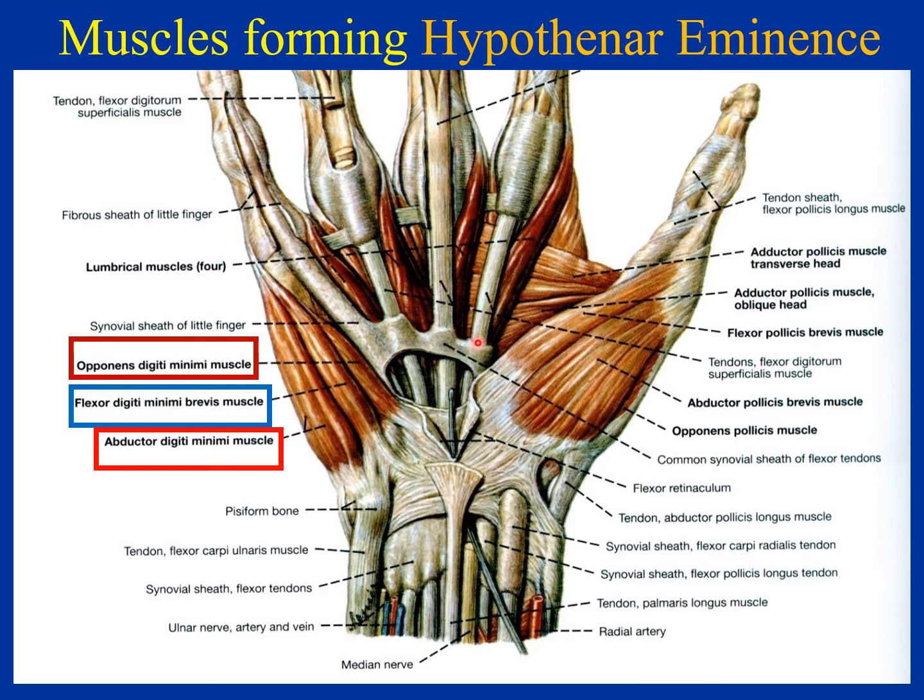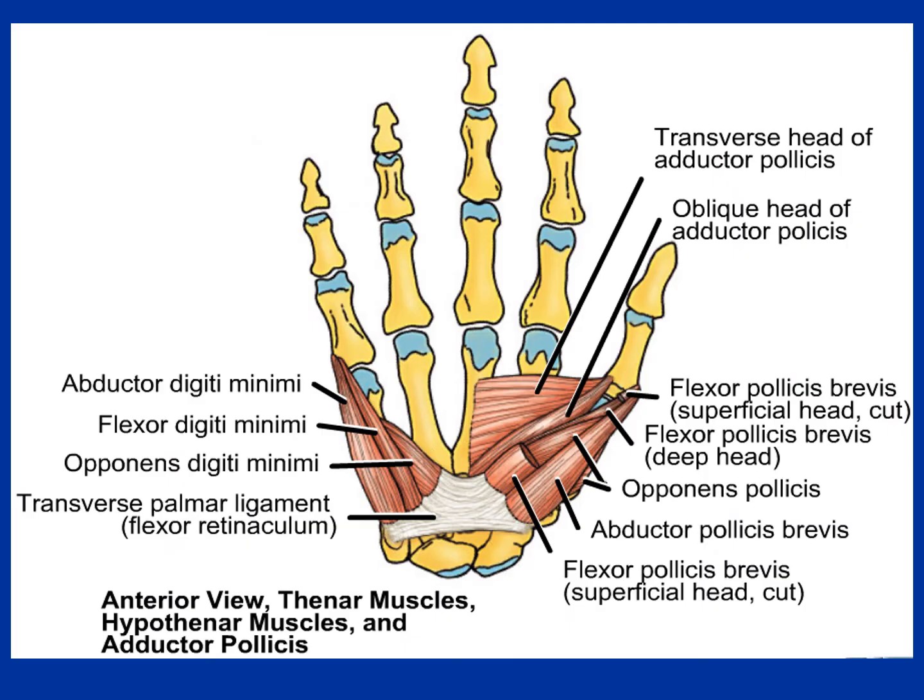Along with that, we can see the long flexor tendons, the long flexor tendons of flexor digitorum superficialis. When we cut them, we can see below them the flexor digitorum profundus tendons. So here we have the flexor retinaculum, and then we have the thenar muscles as well as the hypothenar muscles. The hypothenar are all digiti minimi and the thenar are all pollicis going towards the thumb, and their first names indicate their functions.